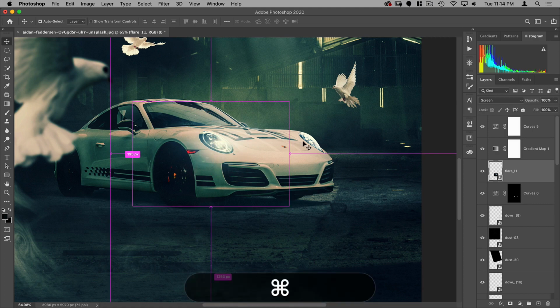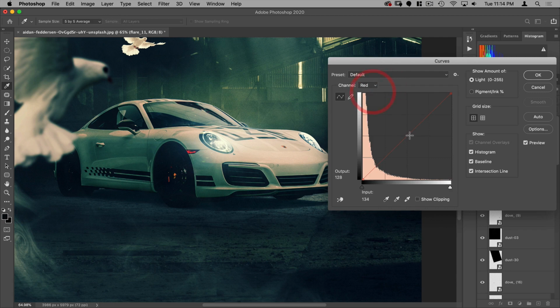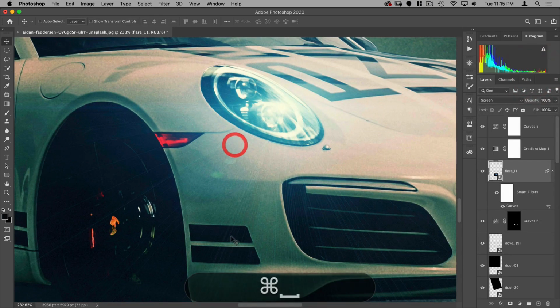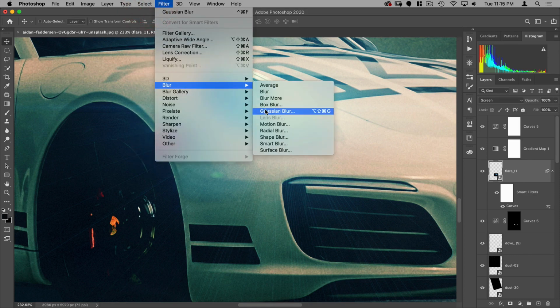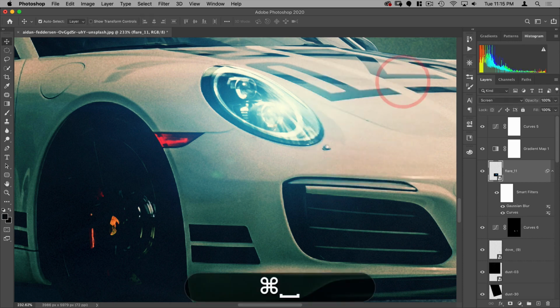And I want that to be more blue, so I'm going to do Command M for a curve. Just go to my red, pull that down, and then pull up the blue. And I don't want these sharp lines, so I'm going to blur this just a little bit. Looks like around 4 pixels, good.